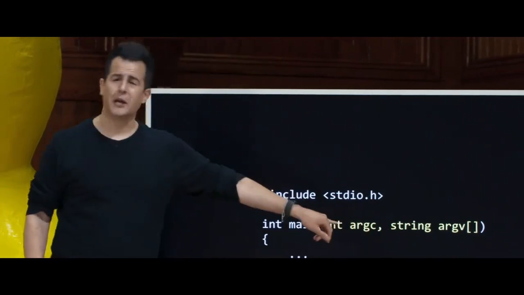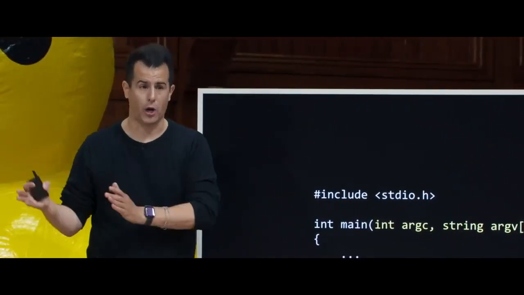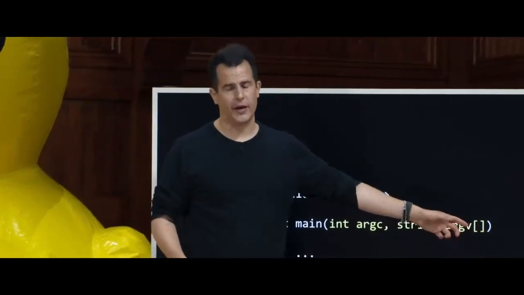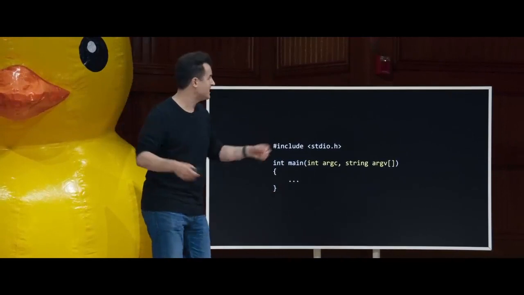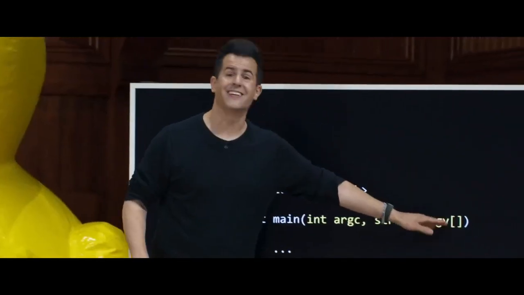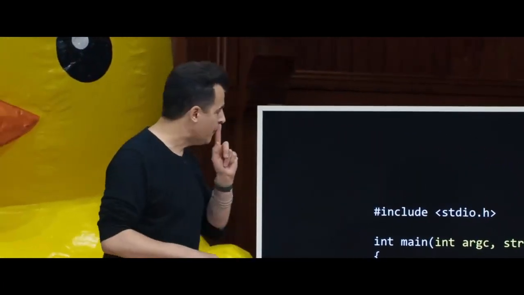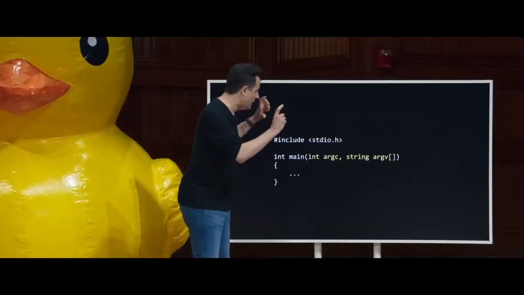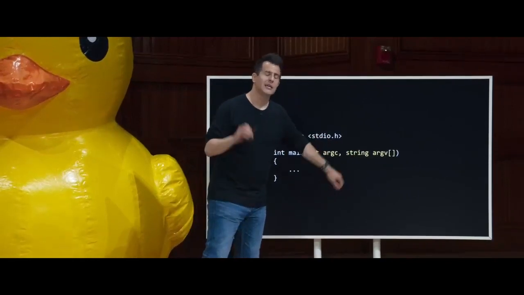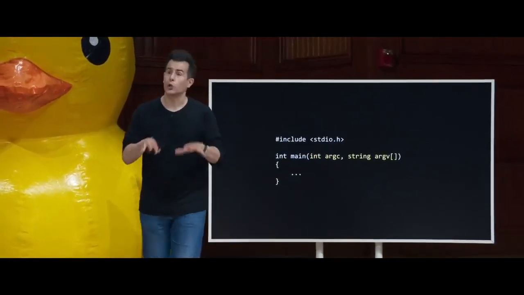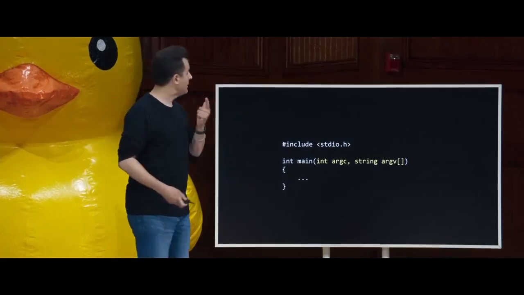These terms are a little arcane, but argc means argument count. How many words did the human type at the prompt? Argv stands for argument vector, which is generally another term for an array. You've heard it perhaps from mathematics. It's like a list of values, or in this case, a list of command line arguments. So C is special. If you declare main as not taking void inside of parentheses, but rather an int and an array of strings, C will figure out whatever the human typed at the prompt and hand it to you as an array and the length thereof.